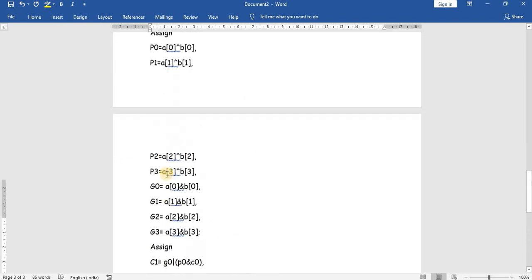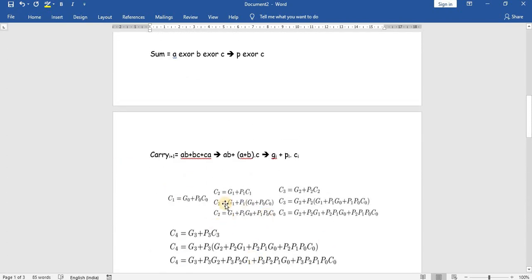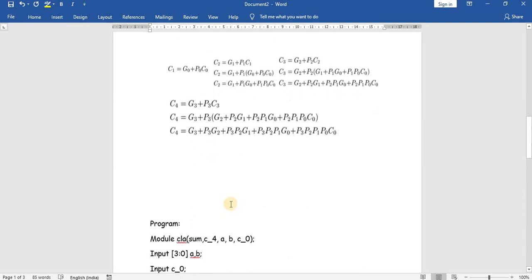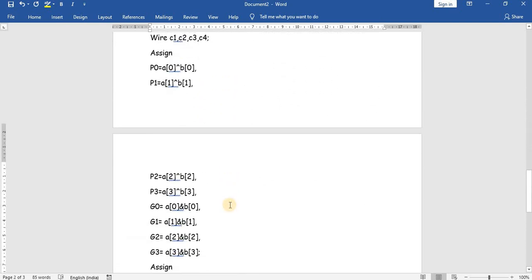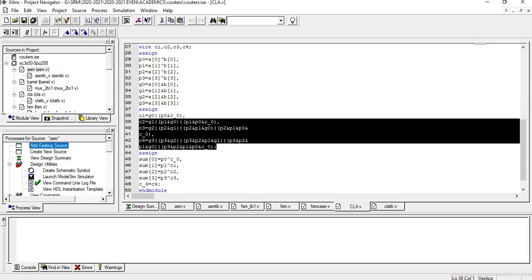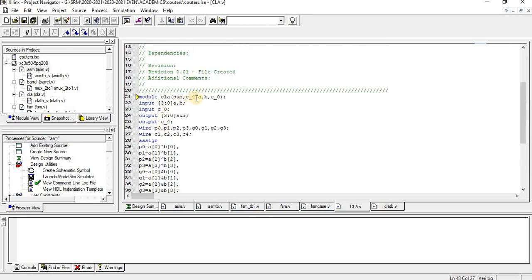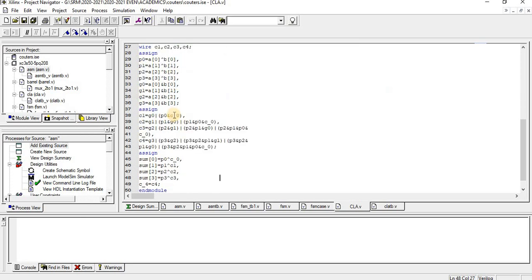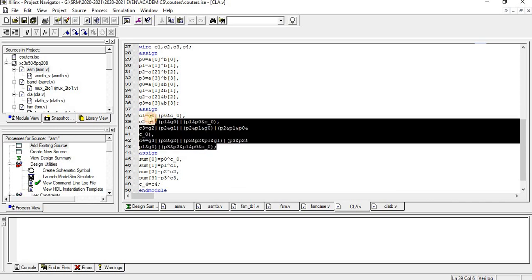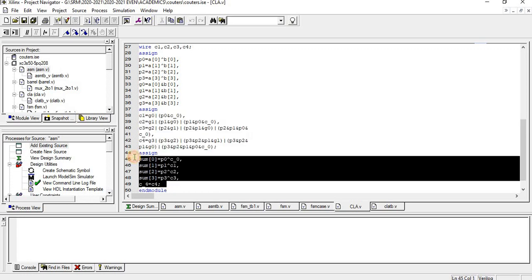So what happened here is we have expanded the basic equations of the carry look ahead adder in terms of Verilog operators. Simple as that. Now I have copied this program and pasted it over here. You can see the carry look ahead adder. We have declared the inputs as 4-bit values, and the third input is Cin, and then we have declared all the assign statements P0, P1, P2, P3, G0, G1, G2, G3. Likewise we have declared the carry terms, and then the sum terms.